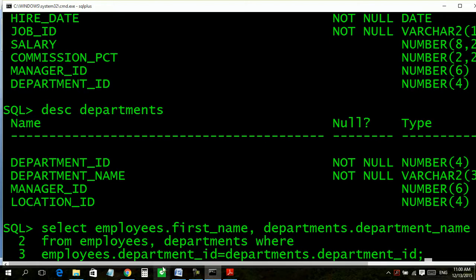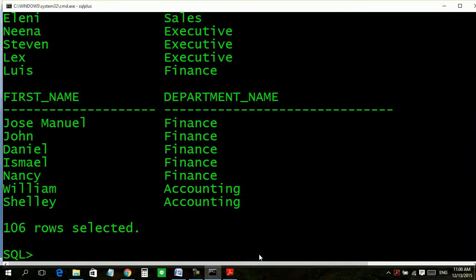This is very necessary. Why? Because it will select the department for the person whose department ID matches. It will not show my name with your department ID. It will check and show my name with my department, your name with your department, his name with his department.